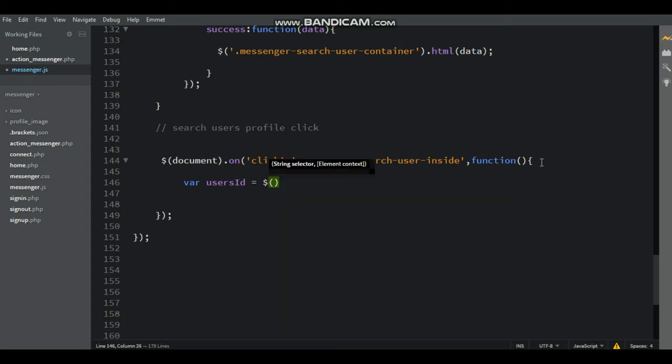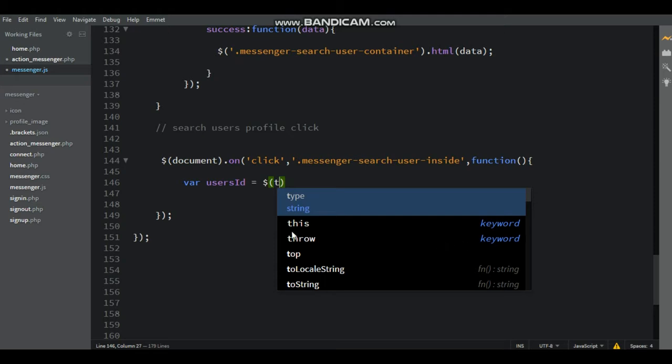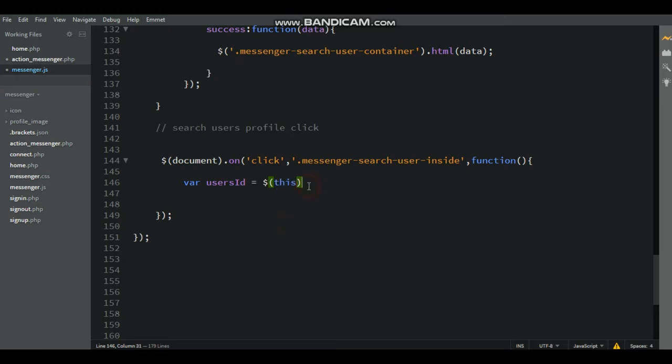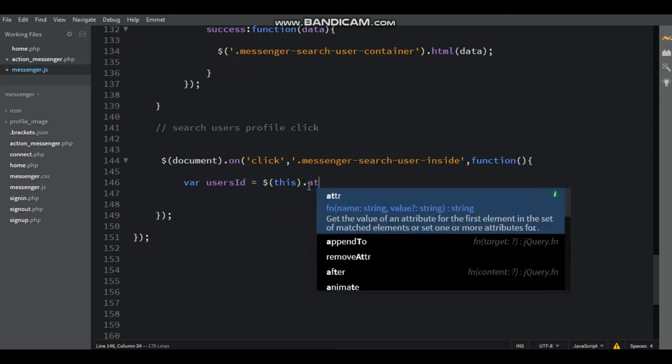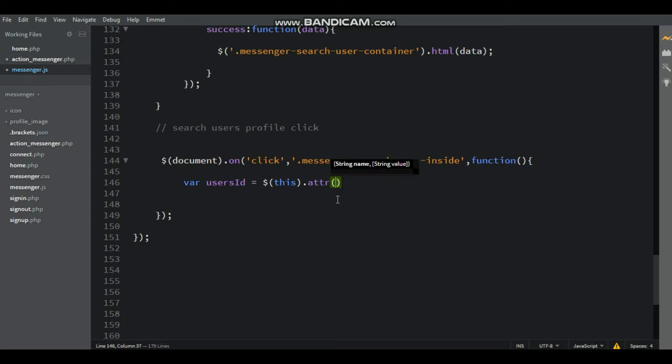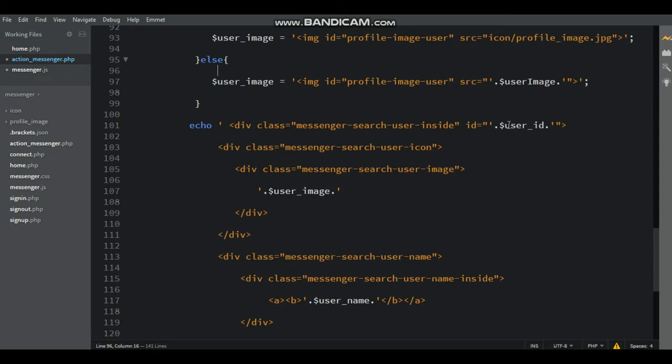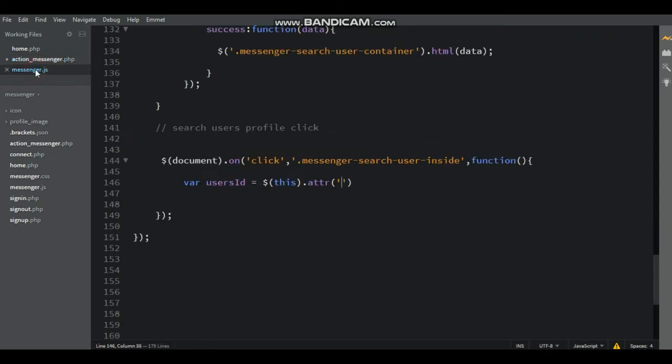Inside the brackets, this means the current user ID, that is the ID fetch, and then dot attr, the attribute, inside brackets using single quotes, write id.